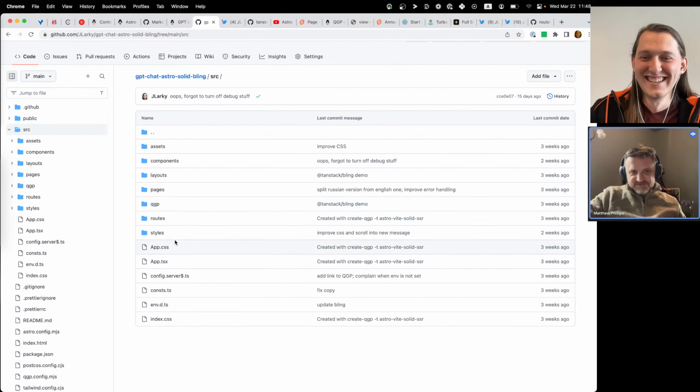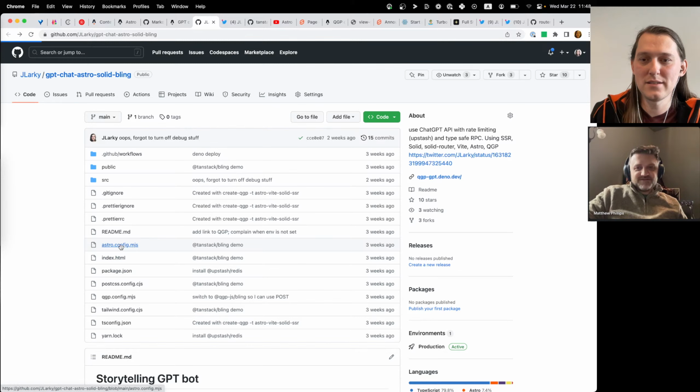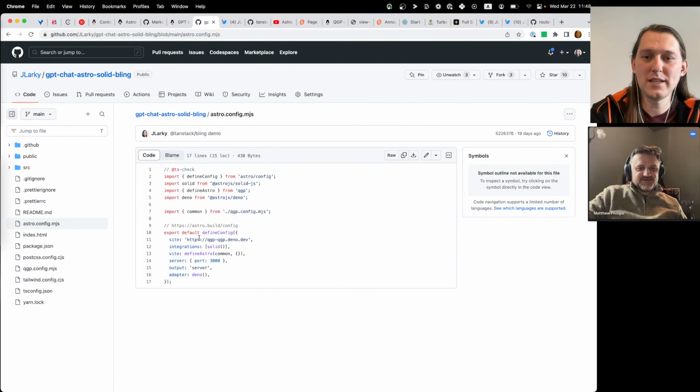It's technically using QGP, which is my kind of meta framework on top of Astro. You got your own. Gotcha. So basically, when you do the Astro config, you're like, hey,